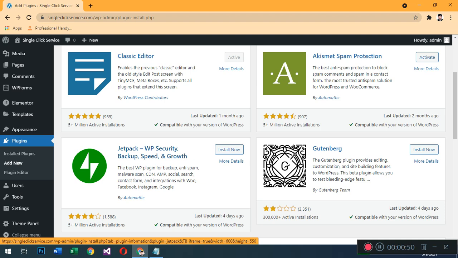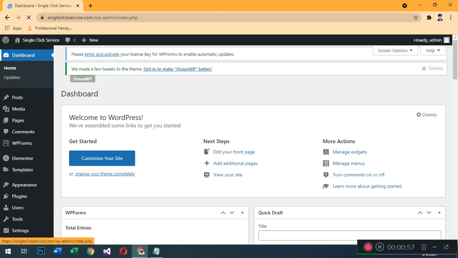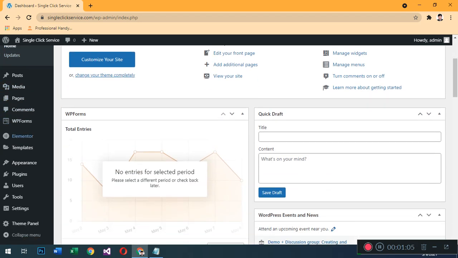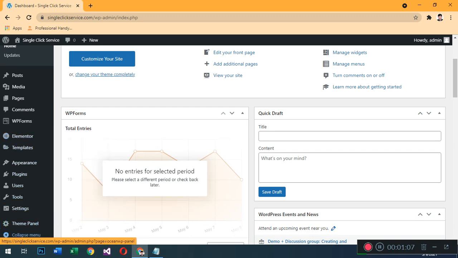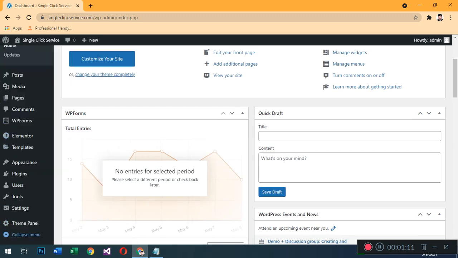First of all, you have to log into your WordPress website. After the login, you come to the dashboard. This is the dashboard of WordPress. On the left panel, you can see on your screen. Sometimes this will appear like this. You have to click on this button called the menu, then you will see this button.